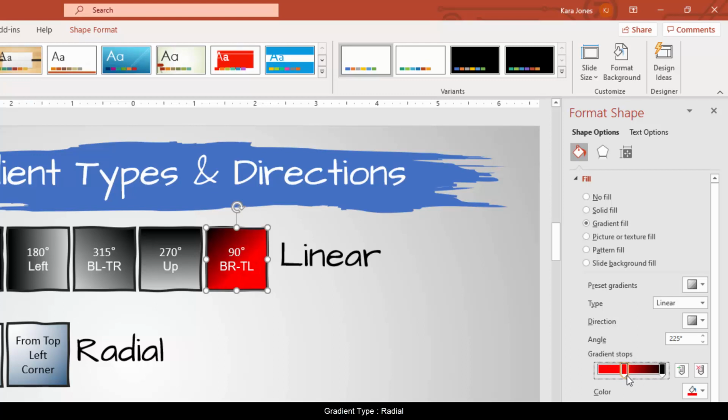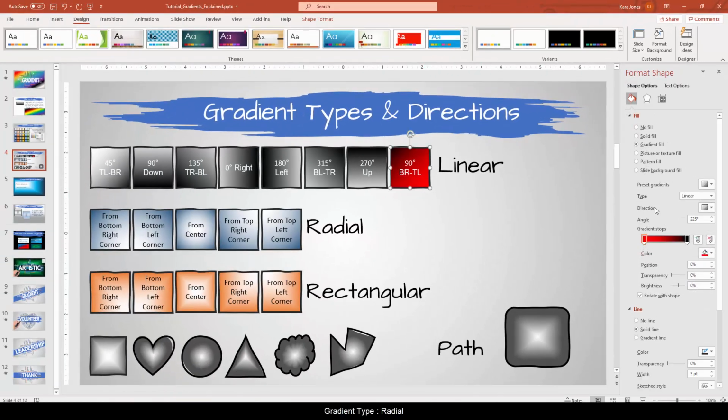Now, if you want to have basically a hard line between the two colors, you just move those two colors so they're basically on top of each other. And now you can get those to be exactly at 50% or 51%, and you can make that hard line on that object. So it breaks the gradient feel that makes it nice and subtle between the two colors, but you can use those features if you want to show rings in a circle and things like that. Speaking of which,